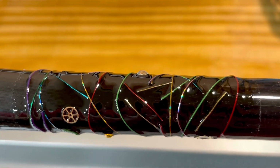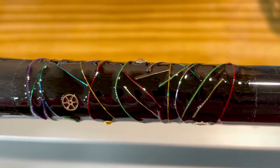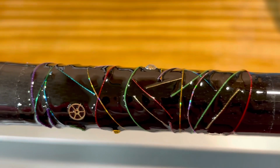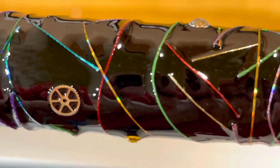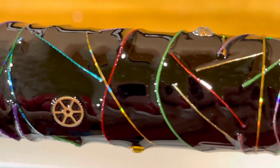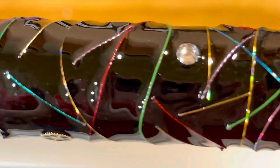It's kind of interesting. I did learn that you can't really use plain metallic because it doesn't bend as much. It's not as flexible where you can push it around with a pick. Plain thread, and then I used a fish hawk. You can kind of see it right here. It's kind of holographic thread. It's not really thread, it's actually maybe like a thin mylar. I'm not really sure what it is, but I did a couple of those,